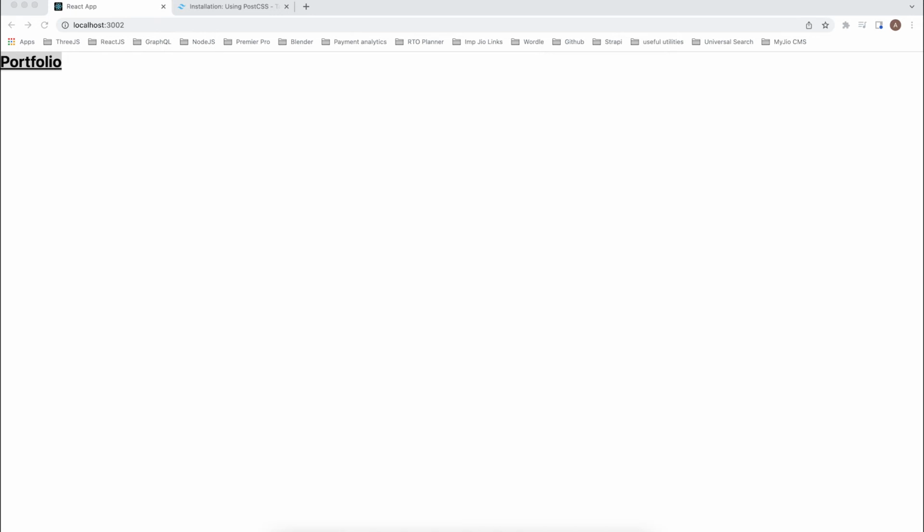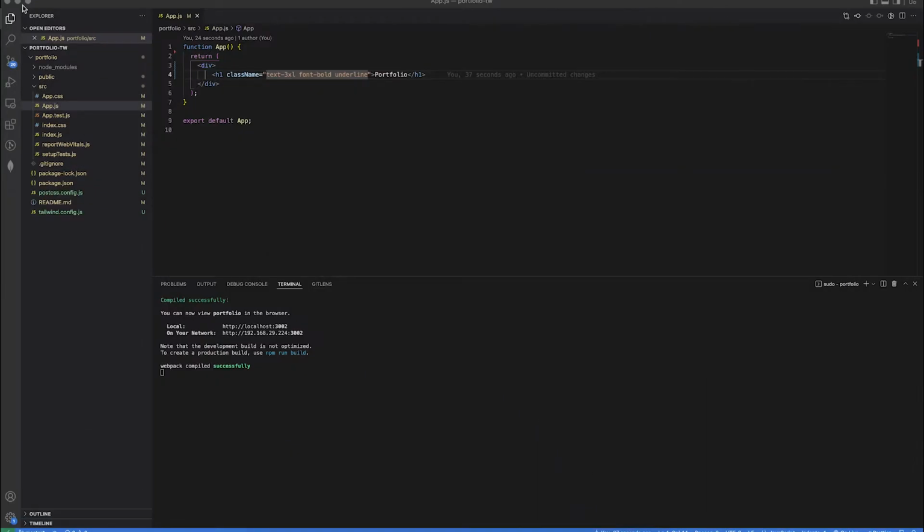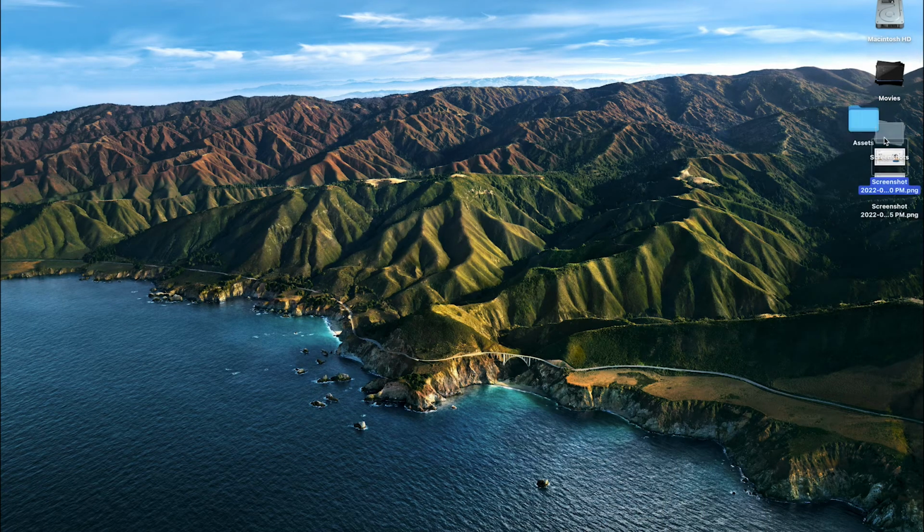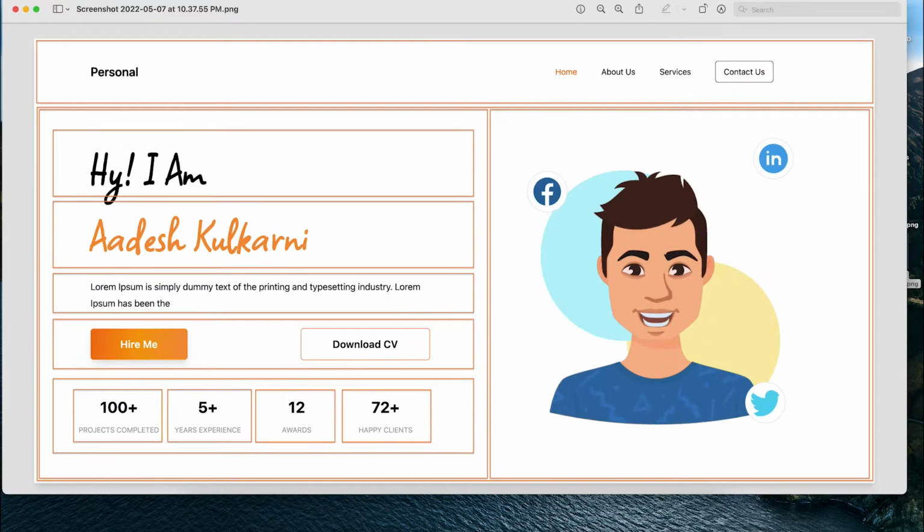Okay, now that the React project is set up and Tailwind is also integrated, we can start our development. So what we're going to do first is divide our web page into components. Since React is component based development, we're going to divide this entire page into a header at the top